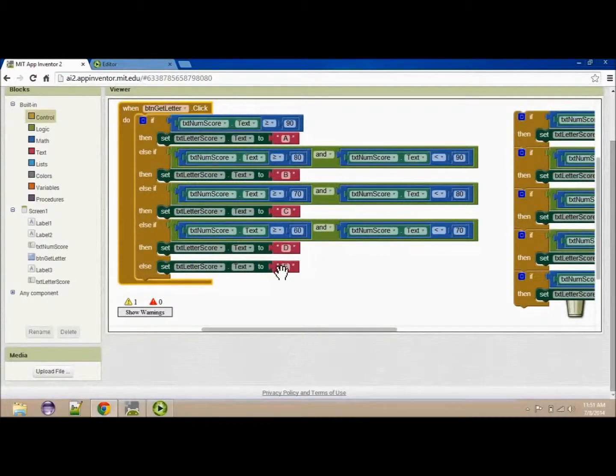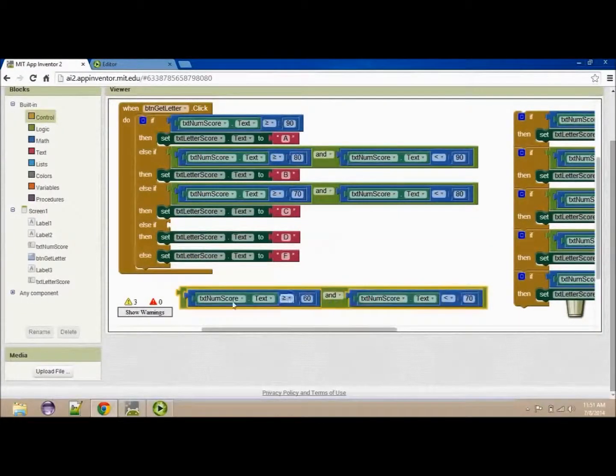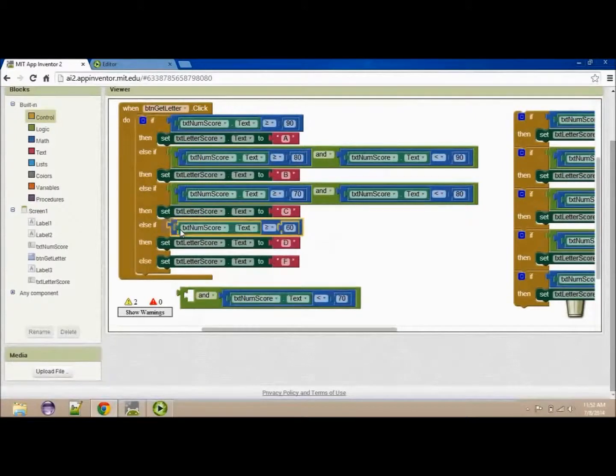And so I didn't ask that question explicitly, am I less than 60? Well, the same is true actually in this block. If I'm getting to this block here, I know that I'm not greater than or equal to 70, so I must be less than 70. So in fact, I could just ask this question,